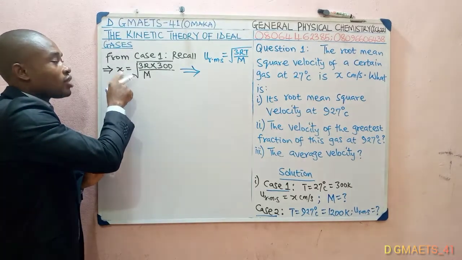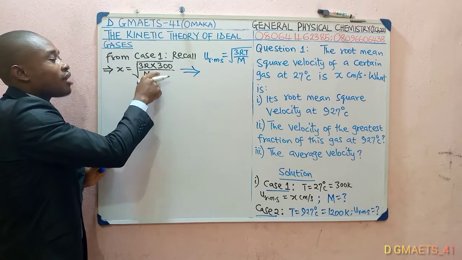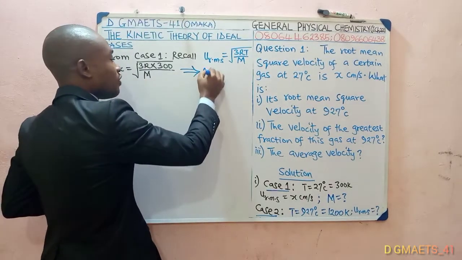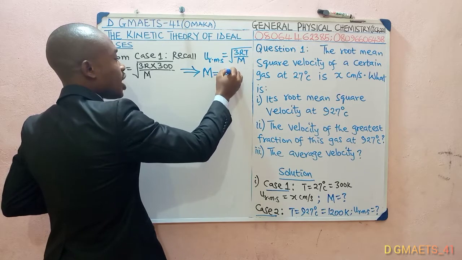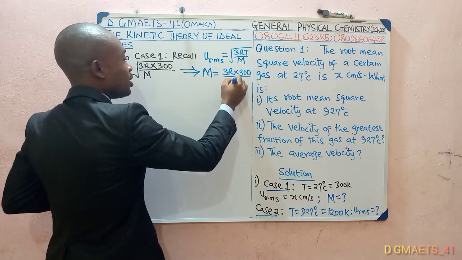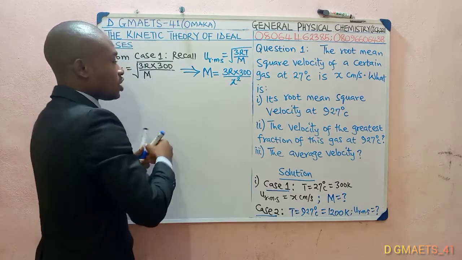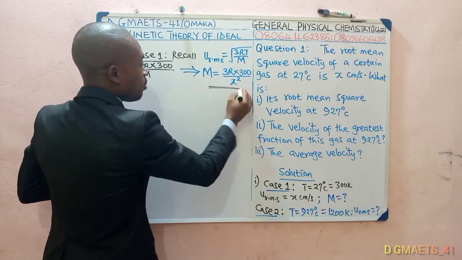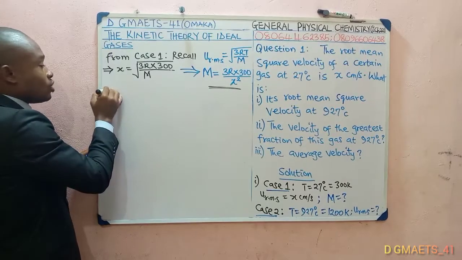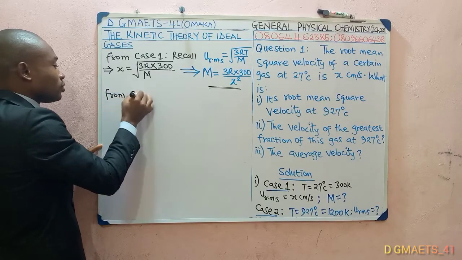This will become x squared equal to 3R times 300 divided by what? M. Then making M the subject of the formula is going to be 3 times the universal gas constant times 300 divided by x squared. So take note of this. This is the molecular weight of the gas. So now go to case 2. From case 2,